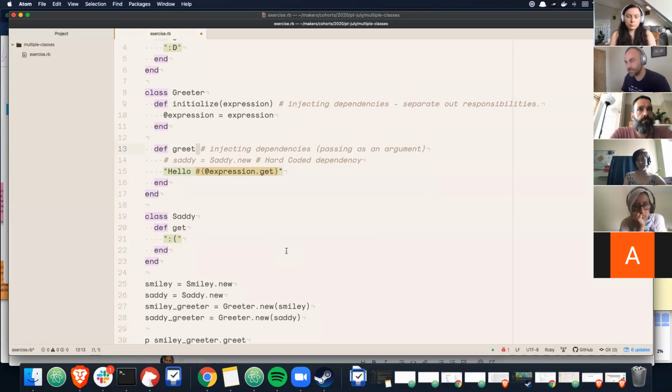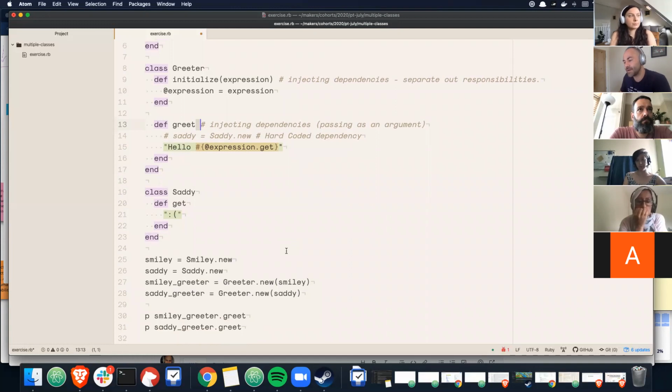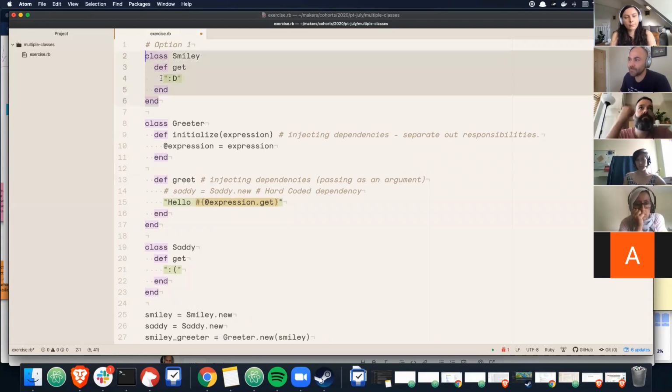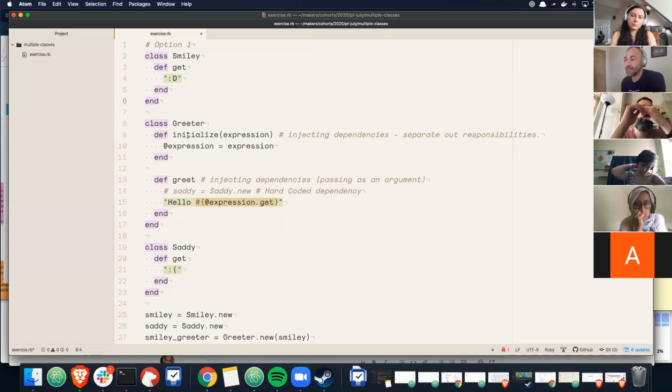I think that's a little bit vague at the moment. So the example that maybe I would think about is if I had like 10 different expressions and I needed to use them multiple times, one approach would be to create greeter objects for each one of those that pass in the dependency. Another approach would just be to create one greeter object and use that greet method with different dependencies. There are pros and cons to both approaches. And the only way that I would be able to tell which option I would choose is,